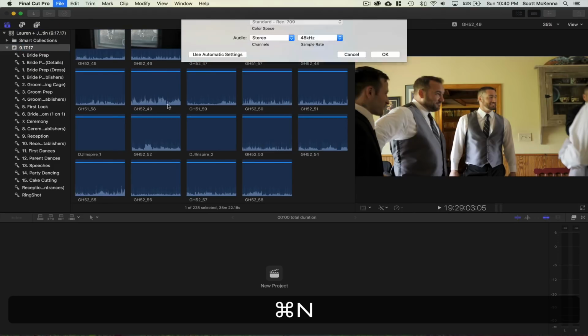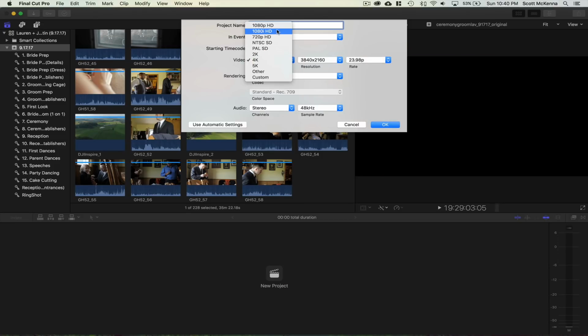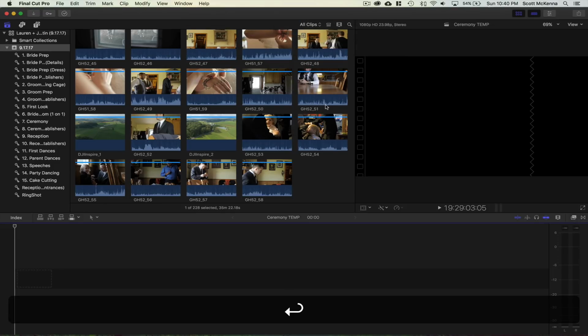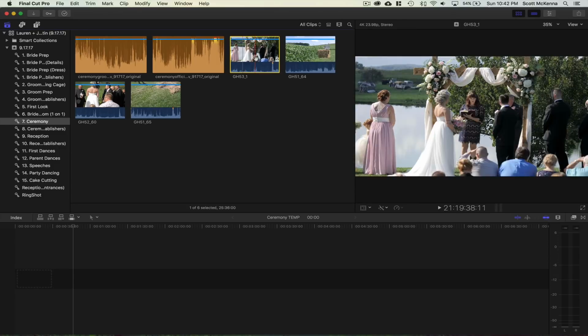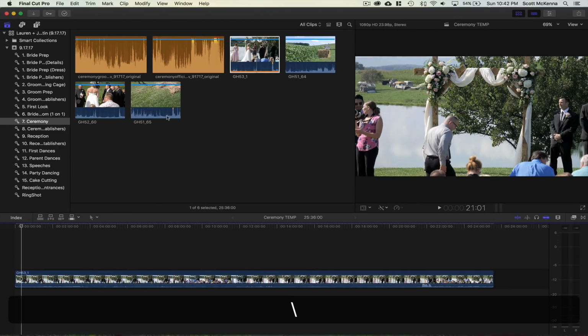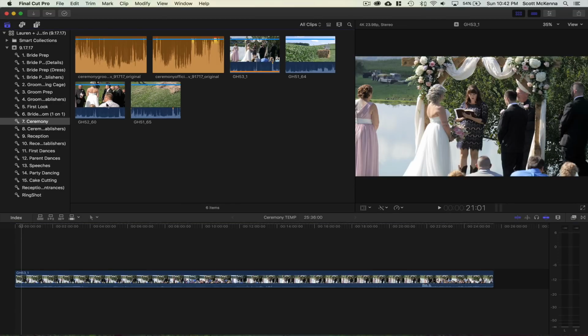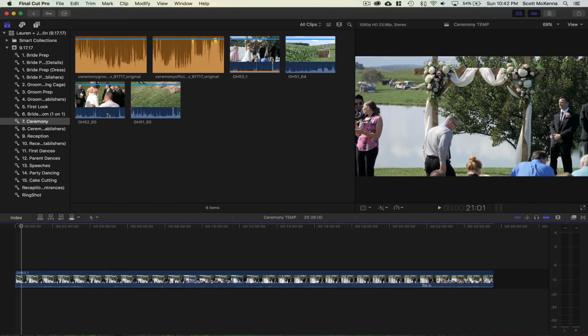First things first, I just quickly create a project called Ceremony Temp, and I make it 1920 by 1080 at my standard 23.98. You'll see it opens it right up, but it puts it right here. So I always take the very first safest camera and I just put it on the bottom. Now this is not actually for putting it in sync right this second. This is just laying the clips out so that Pluralize understands they're different cameras for the actual sync. So that is camera number 1 right there.